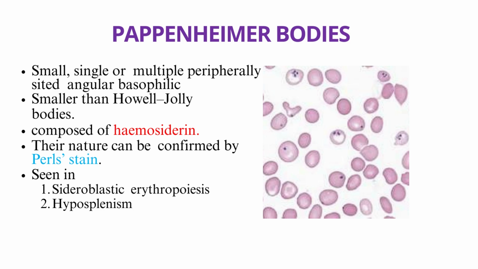उसमें मिल सकती हैं सिड्रोब्लास्टिक एनीमियाज में। हॉवल रिमेंबर बेसोफिलिक स्टिपलिंग वाज आरएनए का रेमिनेंट बचना, हॉवल जॉली बॉडी इज डीएनए का रेमिनेंट बचना स्प्लीन के डिसऑर्डर्स में, और पाइपनहाइमर बॉडीज इज आयरन का कुछ प्रॉब्लम, आयरन की इंक्लूजन बन जाती हैं आरबीसी के अंदर, एंड यूजुअली सिड्रोब्लास्टिक एनीमियाज में, पर्ल्स स्टेन से कंफर्म भी कर सकते हैं।